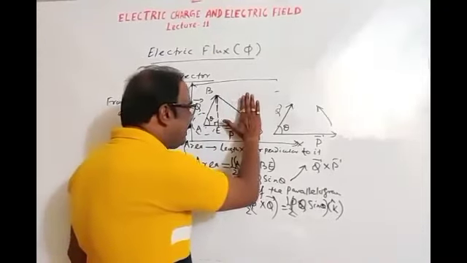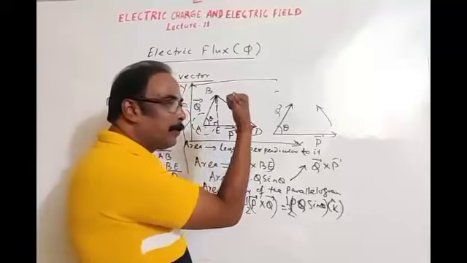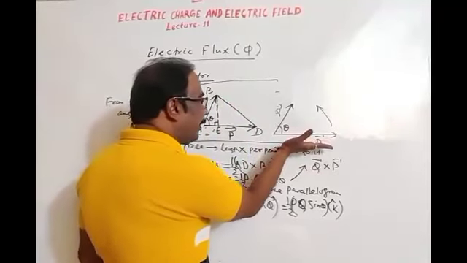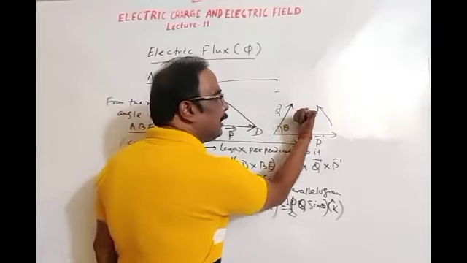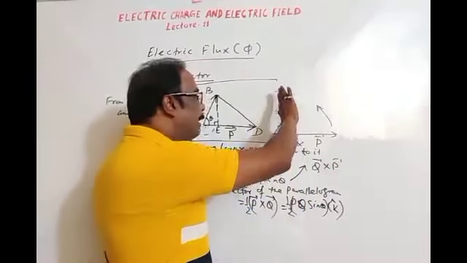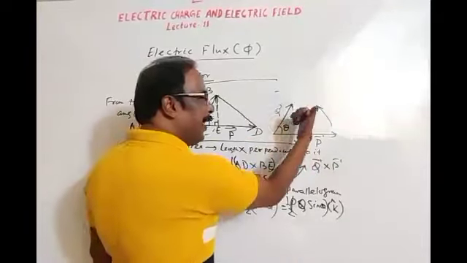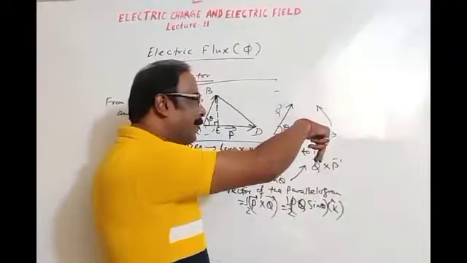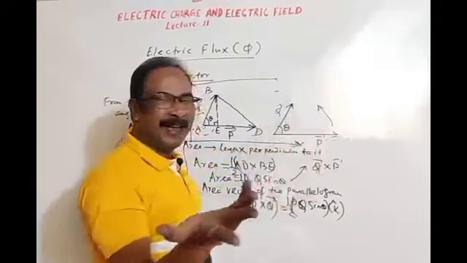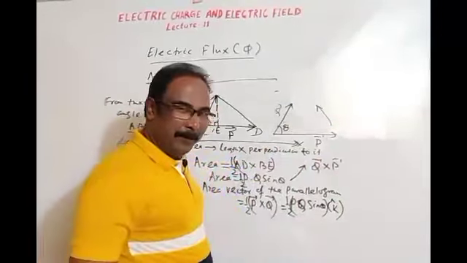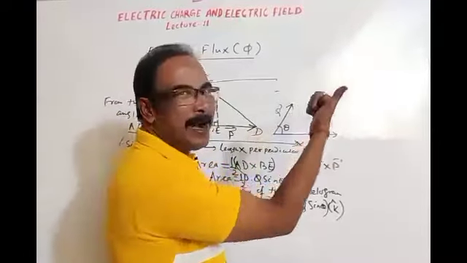This is the plane of area. Direction is perpendicular to the plane of area, maybe outward, maybe inward. If you are taking P cross Q, then direction is outward. If you are taking Q cross P, direction is inward. Anti-clockwise, outward, clockwise, inwards, but both are perpendicular to the surface area or plane of area. Anti-clockwise towards your eye.